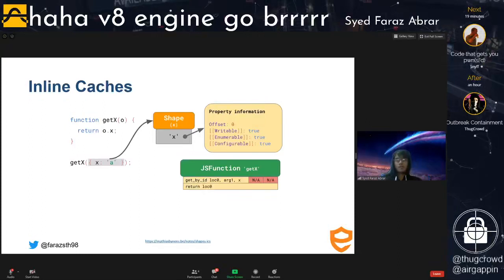Now, here's a better example of how inline caches work. You have a function called getX, it takes an object, and it just returns o.x, the object's X property. So when you call getX with an object that has the X property set to A, it has that shape. The shape tells the object that the property X can be found at offset 0. For the function specifically, though,